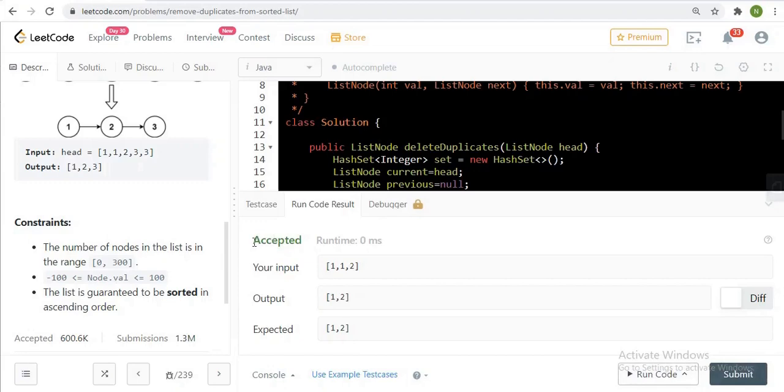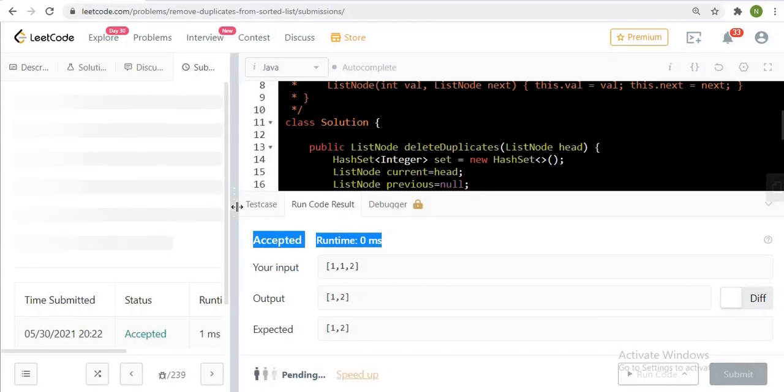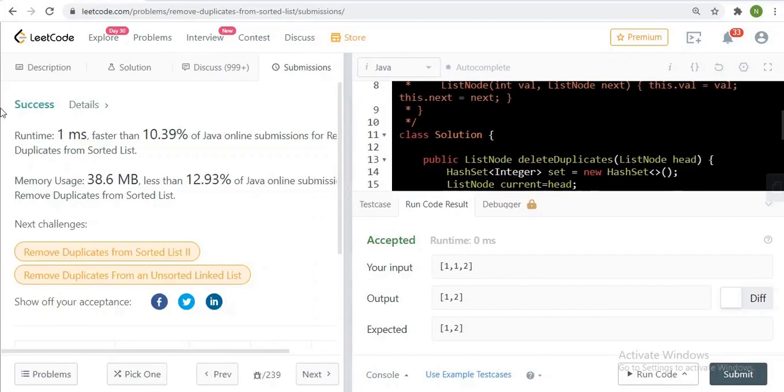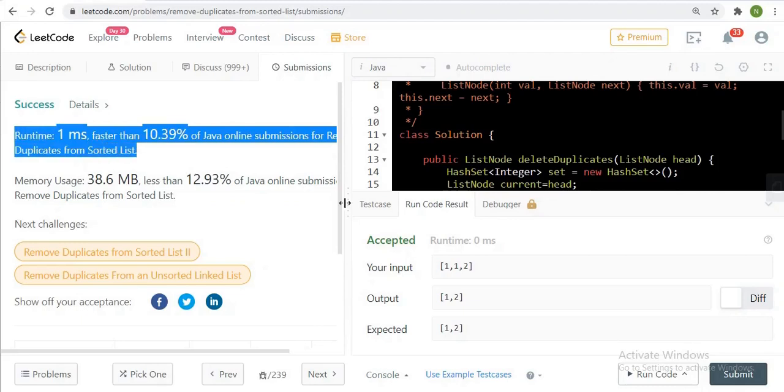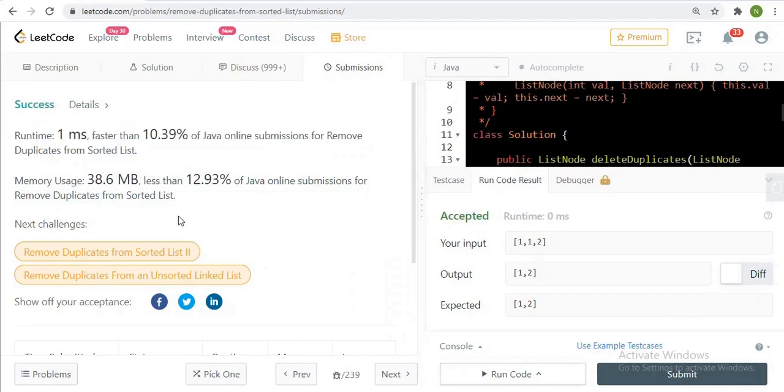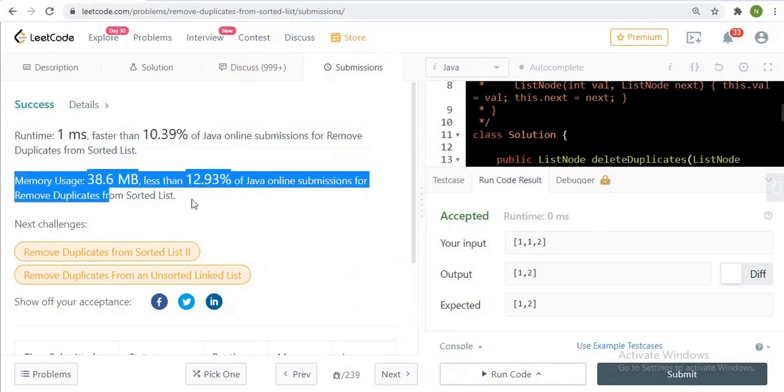Yep, it is accepted with the runtime of 0 ms. Now submit this code. See, our code is submitted successfully with the runtime of 1 millisecond, but it is showing only 10.3939% of Java online submissions, which is faster for this problem. Memory usage is 38.6 MB.